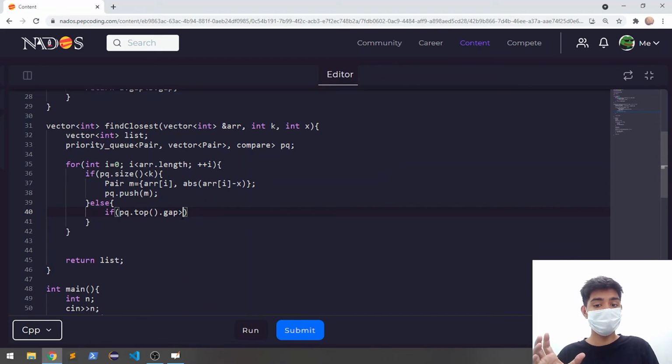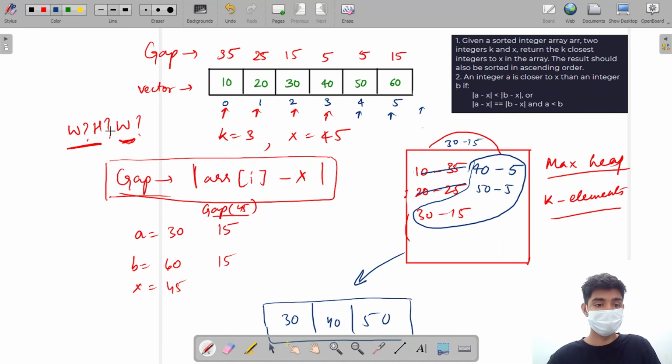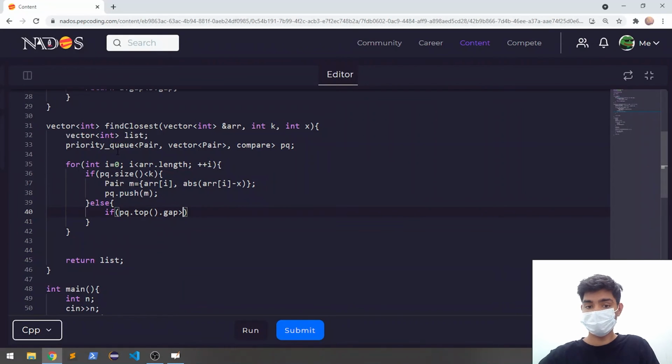Let's say I have this priority queue, and on the top of my priority queue I have 40, or let's say I have 10 and 35, and 40, and 5 is coming, right? So I will check for that array value what is the gap, and if that gap is smaller than the priority queue top value. Okay, so if priority queue dot top gap is greater than the absolute value of arr i minus